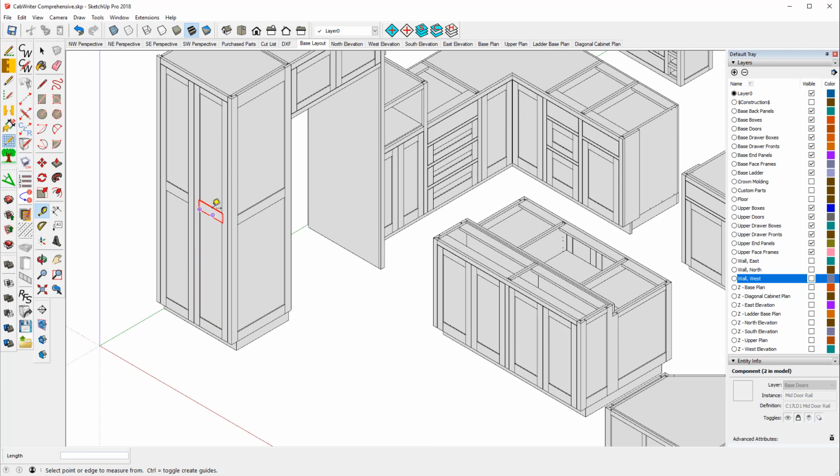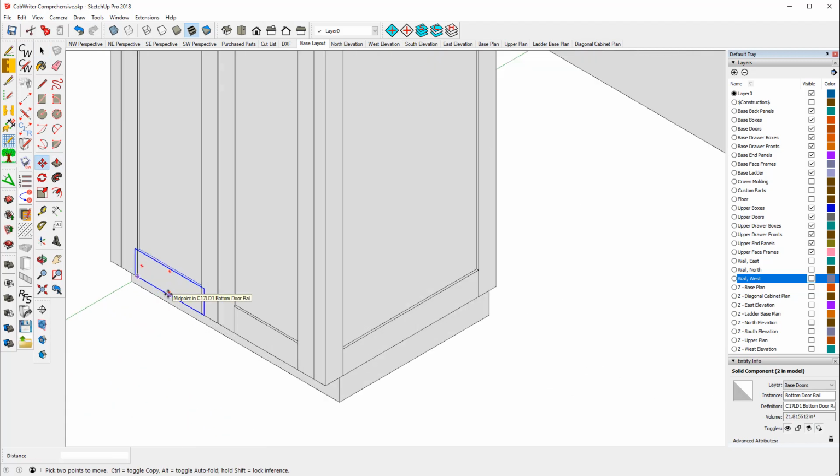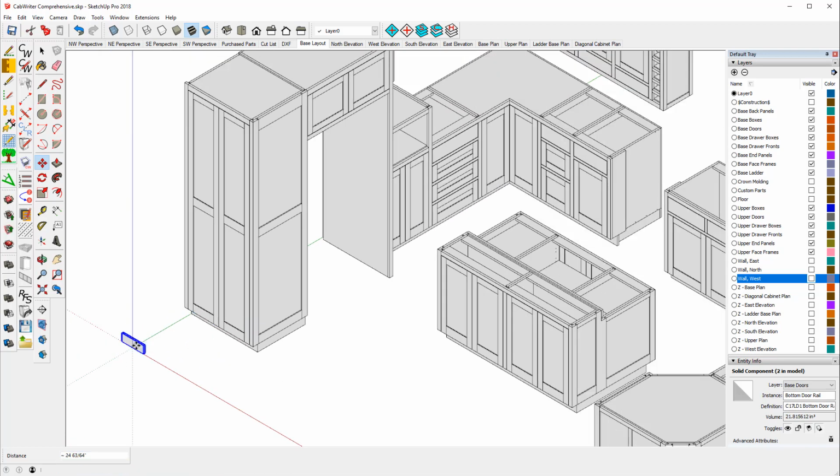And so what I want to do is draw this custom part, but I'm not going to draw it from scratch. I'm going to use a technique that is very useful and helpful in CabWriter, and you'll find that there's a lot of times when you can do this. I'm actually going to copy this part right here, and I'll pick it up at its midpoint and hit the control key because I want a copy of it. Put it at the origin,